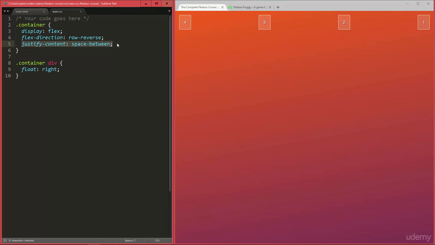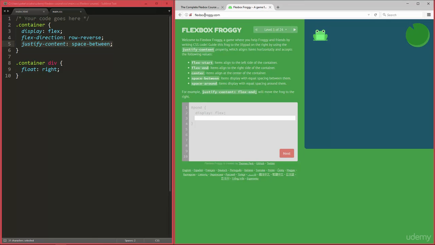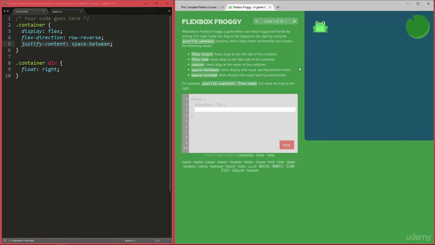Alright, so those are all the different values you can have for justify content. And now, as I promised, there's a little game online, a really cool site here called Flexbox Froggy at flexboxfroggy.com, where you can just learn all those different properties and, well, just recap them, try to apply them to some situations to actually get all the frogs here to their lily pads, which are, well, somewhere in this container, in this pond it should be.